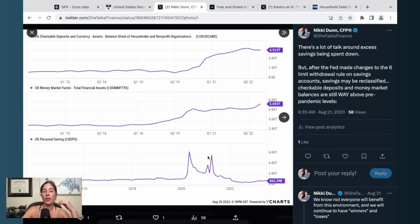And so what a lot of people are referring to is US personal savings. Personal savings basically spiked, and then we saw a decline, and essentially the narrative now is that consumers have eaten into their excess savings and there's no more excess savings. If you believe that narrative alone, then yeah, things look kind of scary, especially as student loan payments are about to resume. But if we look at a few more data points,